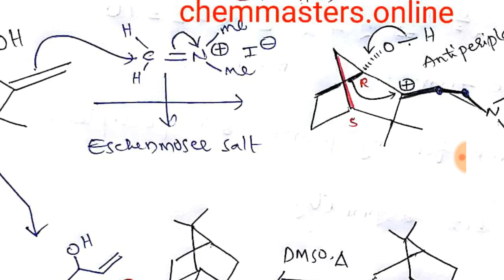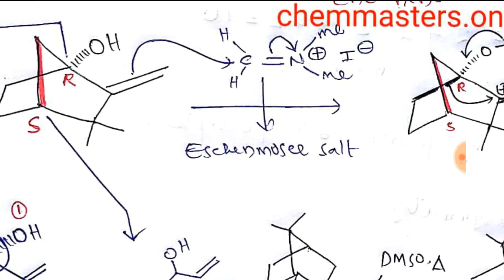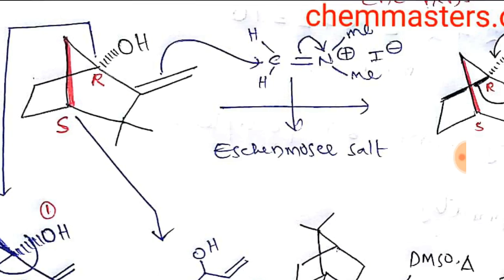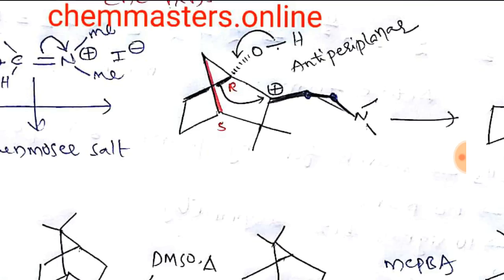During that process, as the arrows show, the electrons of the double bond on the ring substrate drag onto the methylene carbon of Eschenmoser salt. After that, a carbocation forms because of the Eschenmoser salt pulling electrons towards it. Then there is a possibility of